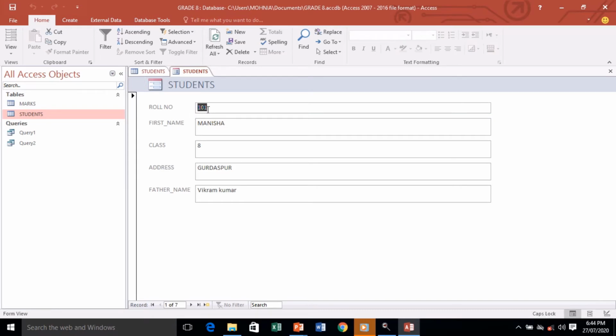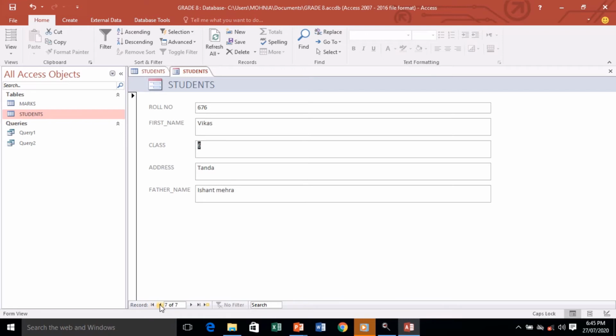Fine. So now you can see the cursor has been blinking. So let's click here on Manisha. I'll delete this name from here, Manisha, and in place of Manisha I am typing here Hazel. Fine. And class also I'm changing to 9th. So I have done two changes in this, and now after doing the changes, if I want to go to the next one, you can see down here new, this is a blank record and this is for the last record. So we'll click here, see it has gone to the last record.